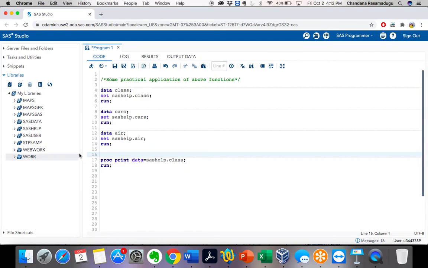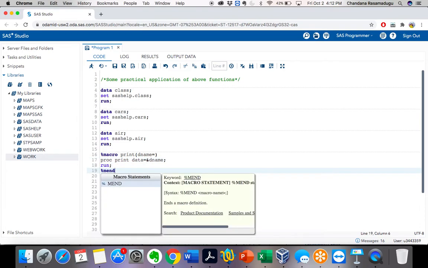Let's write a macro for this first. %macro, let's give print as my macro name. Let's take dname; in the place of sashelp.class, let's take &dname. Let's end this macro with %mend.